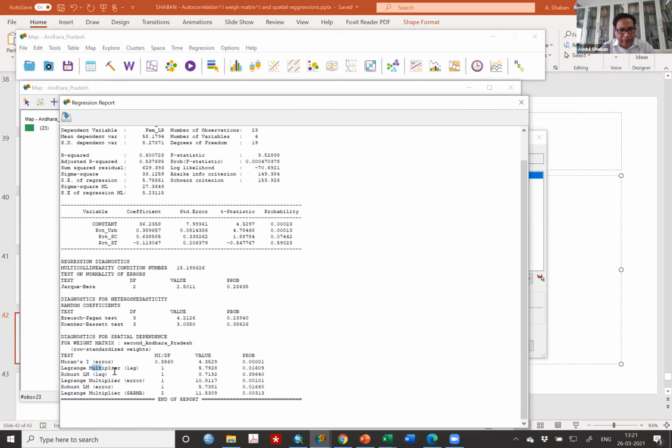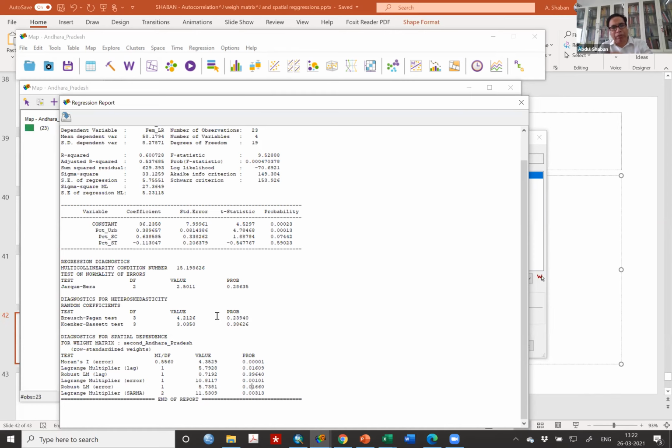You see the Lagrange multiplier lag value. It shows that it is significant at 1%. Robust LM does not show it, and the error also shows that it is significant. So if you have both significant values, then you have to find out which may be the best one, yielding a better R square.